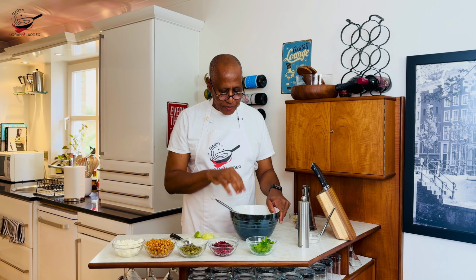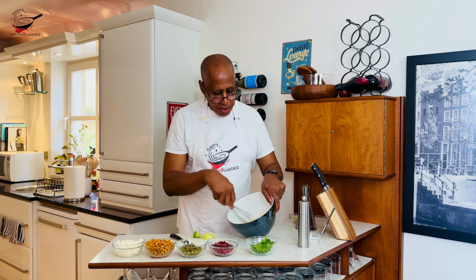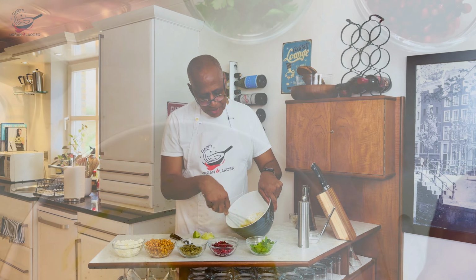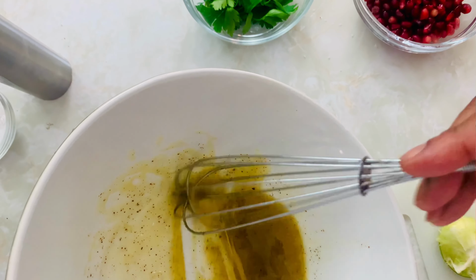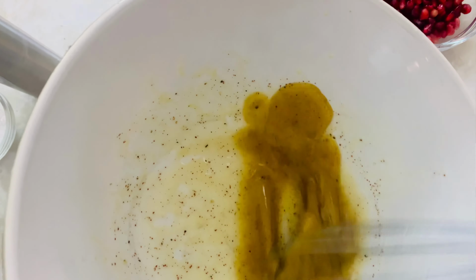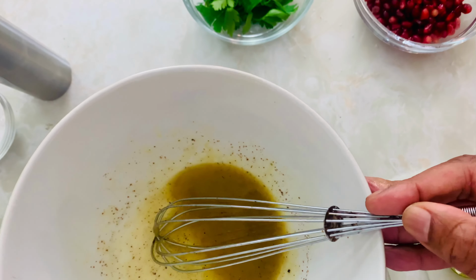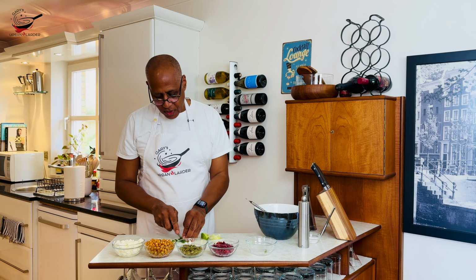So it smells really good. So we'll just keep whisking that until we form an emulsion. You see that starting to come together. Once we're happy with it, we'll just set it aside, and I will get the rest of our elements ready. So I'm just going to run the knife through